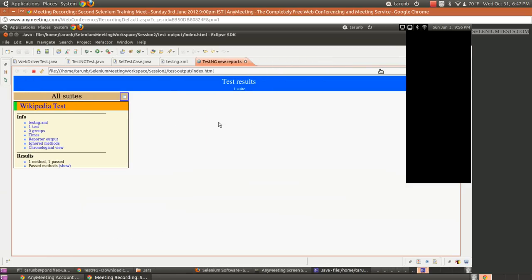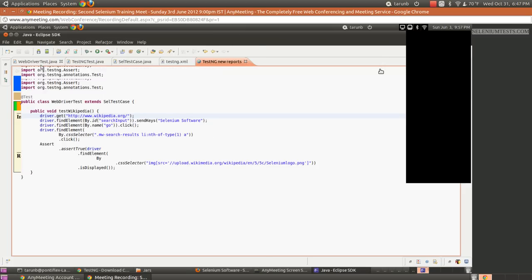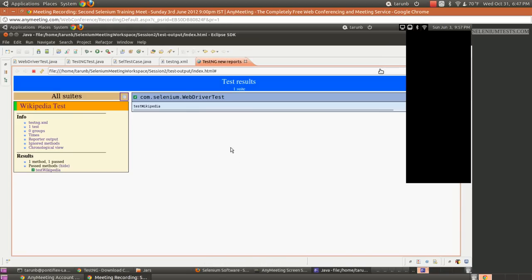This is the test report. TestNG has generated this report. It says that I have one test, one method which is passed. There is a show link. If you click on that, it shows our test method. Do you remember the name of the method is testWikipedia? Let us go back and see once again. Yes, it is testWikipedia, right? So it has appeared in the TestNG report.